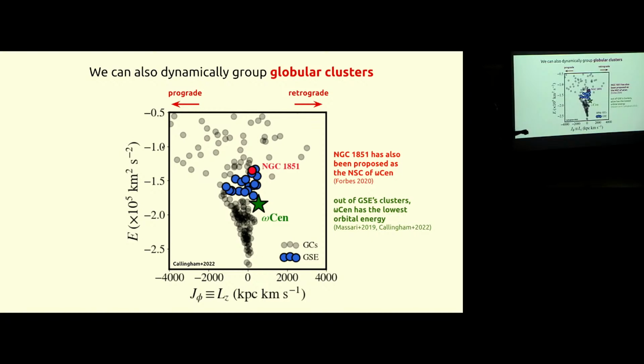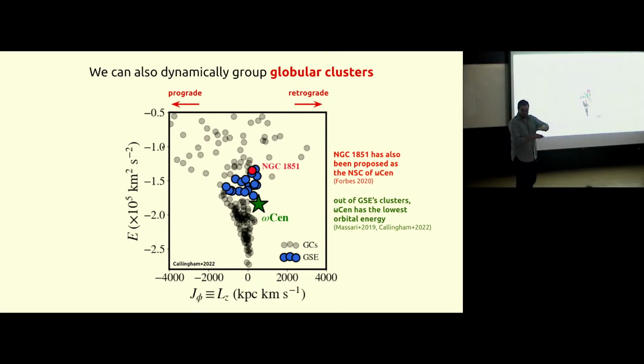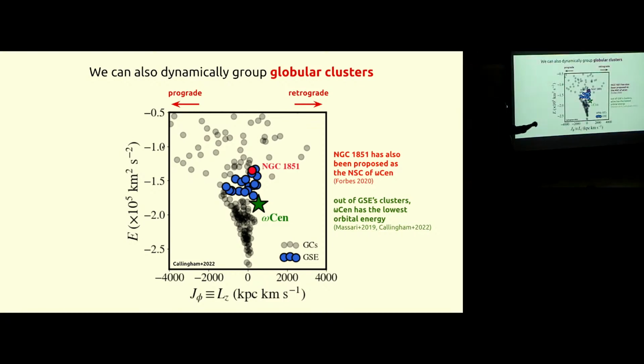And there are people that have even proposed that other globular clusters, like this NGC 1851, should be the nuclear star cluster of this galaxy. And then here we go on a journey to show that this is not the case. First, because from the perspective of dynamics, if you have something that comes with the core of an accreted dwarf galaxy, it should sink deeper into the potential. Basically, it should get to lower energies. So if this one thing is a nuclear star cluster, it should be in the center of the galaxy, literally the spatial center of the galaxy.